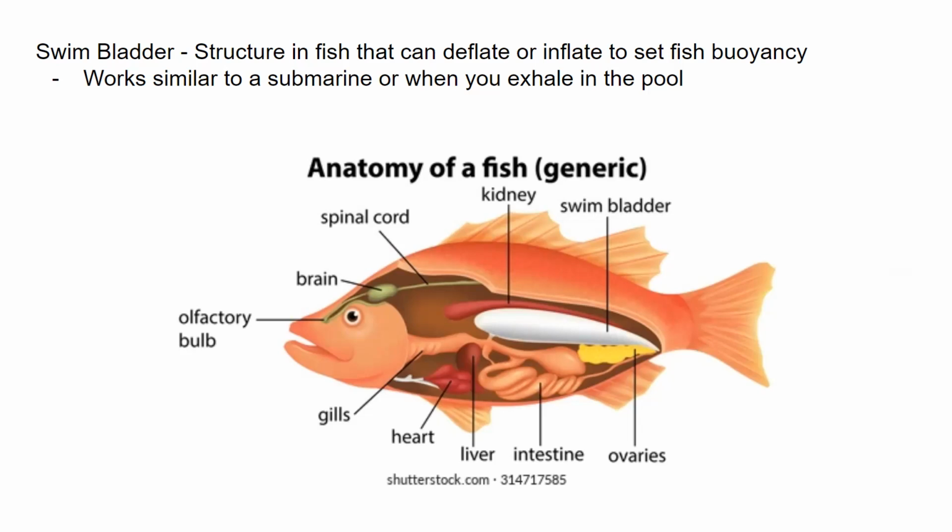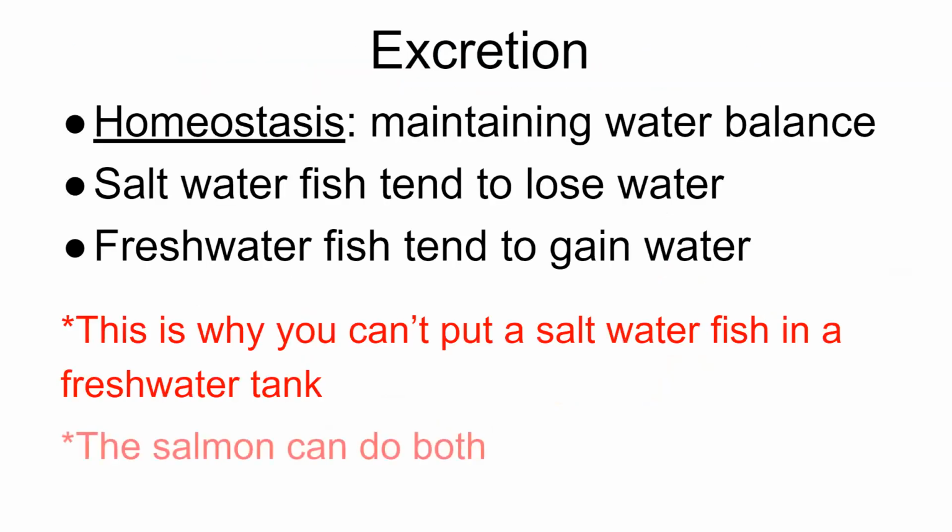So it's just like a submarine, or when you exhale all of the air out of your lungs in the pool and sink to the bottom, they can inflate and deflate this sac to determine what level of water they're going to stay at. So that's how fish can stay toward the surface, or they can stay down deep without expending any energy, as they have this swim bladder in there. I believe lastly for today,